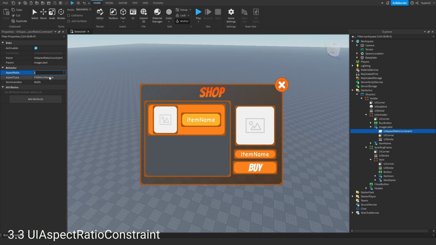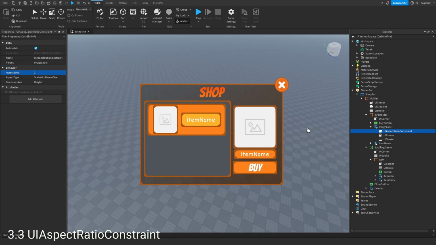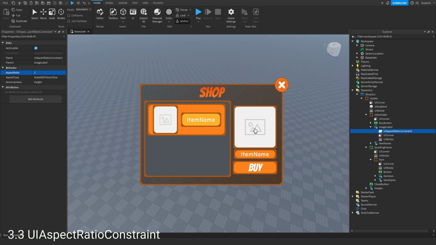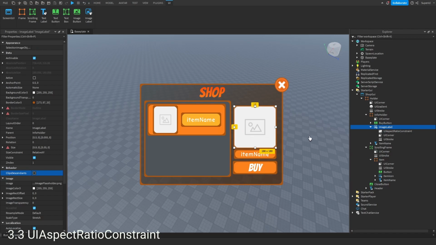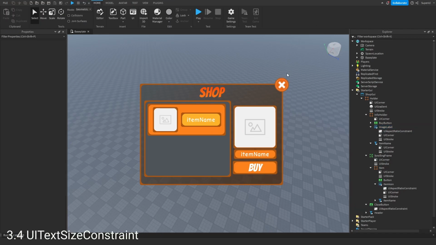If it's 1 in the aspect ratio setting, let's say we wanted it to be 2, and it just makes it 2 times smaller. Overall, you just have to play around with this, because sometimes it can act weird, but those are the exceptions, because usually, at least in my case, I have always had to use it for making a perfect square. And the last on the list for the tips for device scaling is